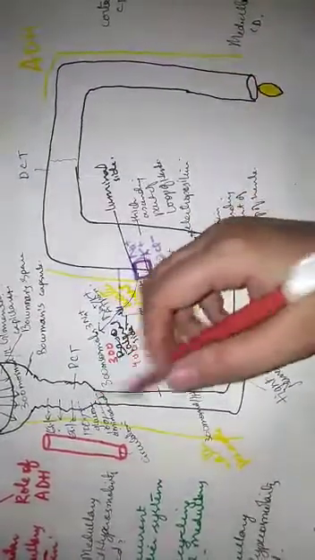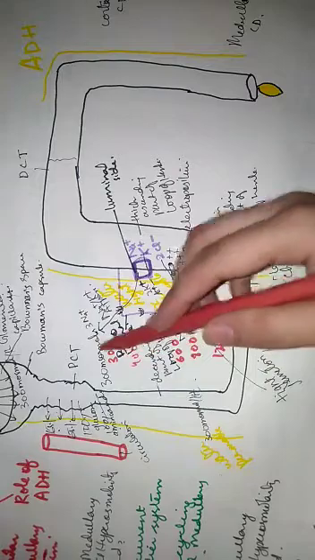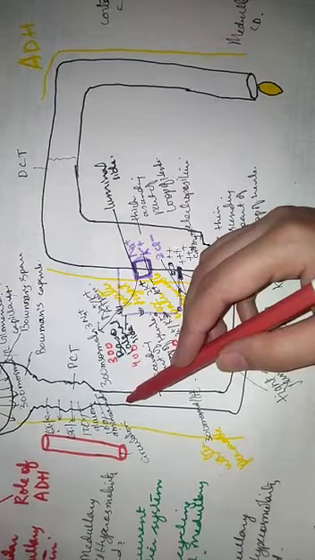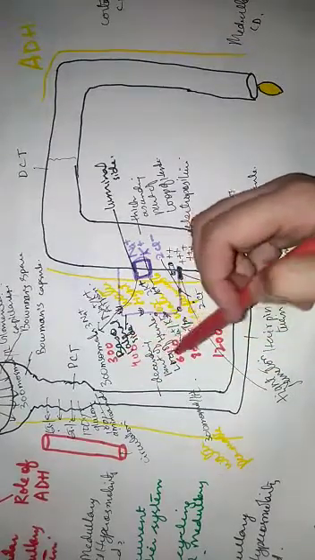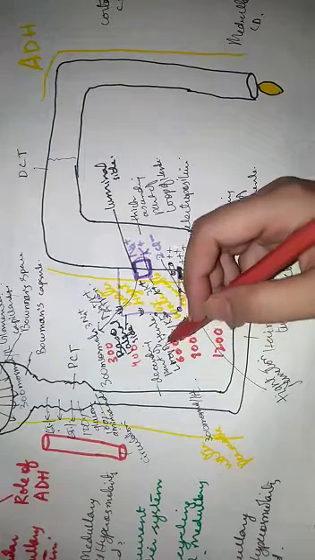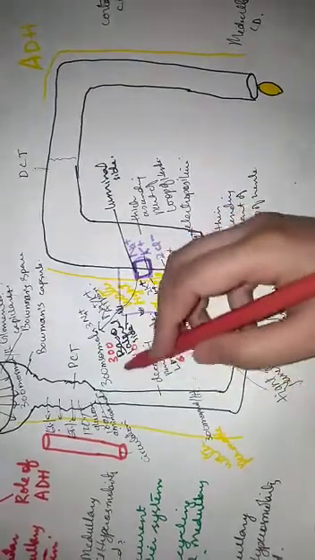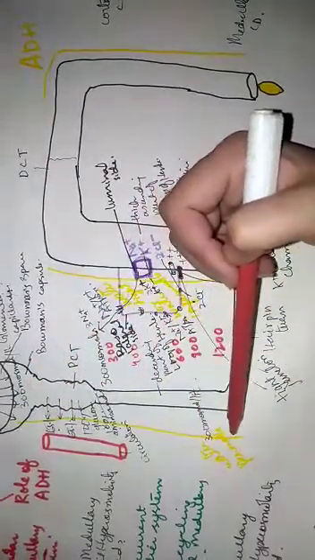When fluid reaches here, it finds that the medullary interstitium is highly hyperosmolar, so it also wants to equalize this hyperosmolarity. So it equalizes this hyperosmolarity by again losing a large amount of water, because this complete part is water permeable,